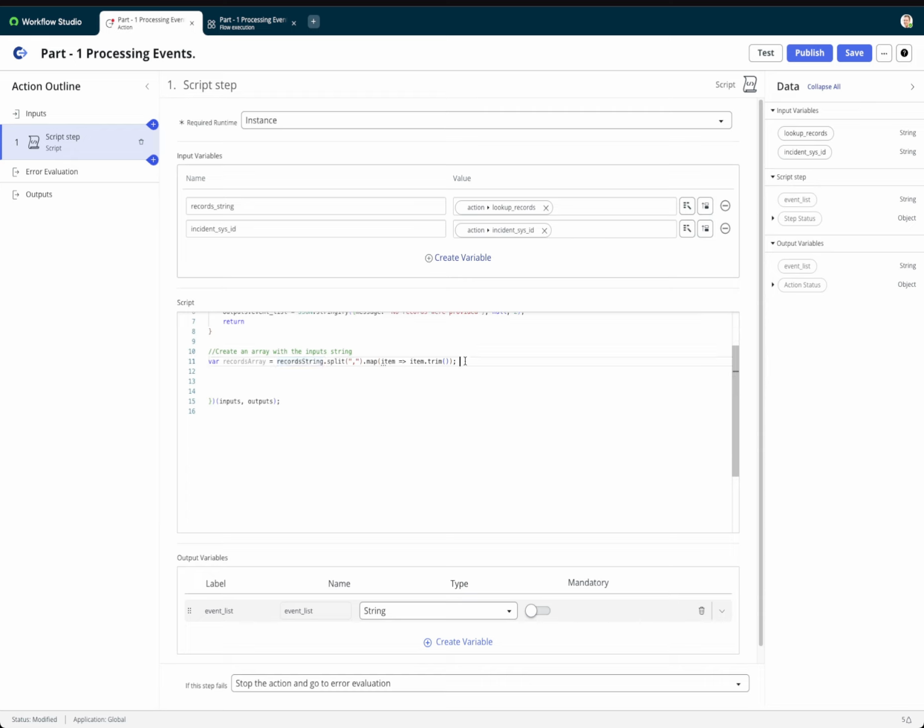As this action is going, we process an event from the event record, so we need to just declare that so we could look at the data that's coming over from those events. So that's what we're going to do really quick over here. I'm just going to declare the event records table where the sysids are coming from. So I'm just going to do a GlideRecord here, gr new,